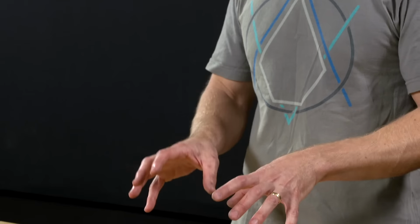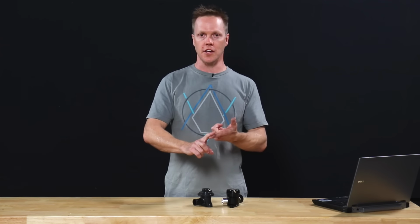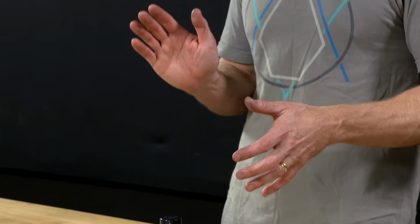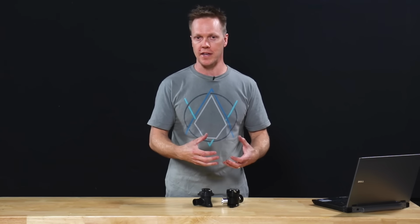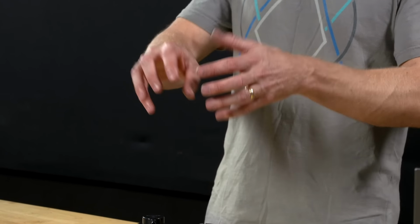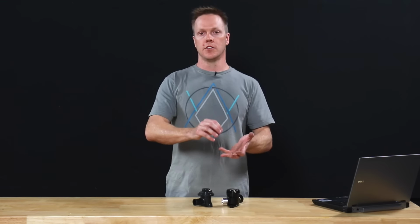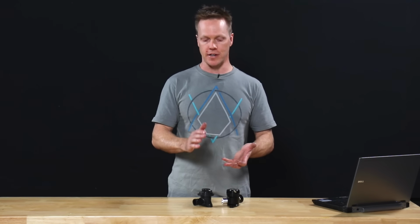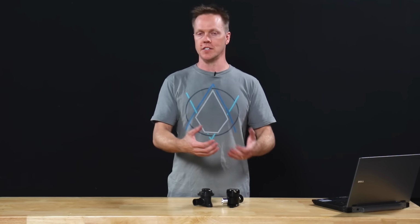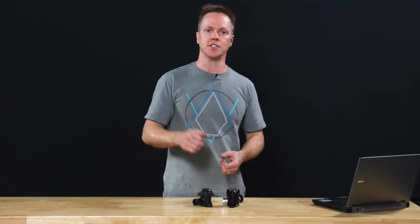Now let's look at the conditions under which the engine is operating when the blow-off valve actually vents. The first thing to note is that the blow-off valve vents when you lift off the throttle. So you're not making boost and the engine is not under a considerable amount of load. Second point, the blow-off valve usually only vents for about 1 second or so. Third point, usually the ECU will cut fuel when you have lifted the accelerator, which is injector cut on deceleration. It basically saves fuel because you don't need fuel going in there if you're coasting down the hill with the